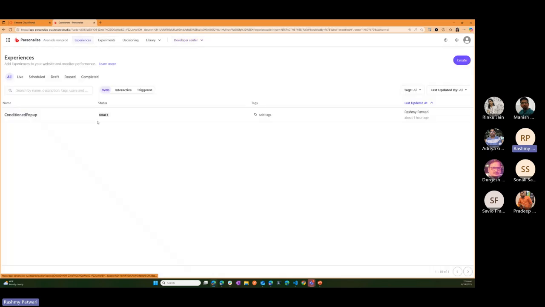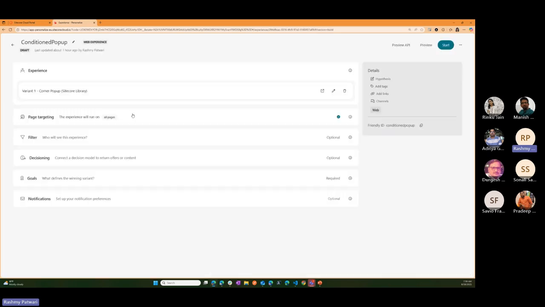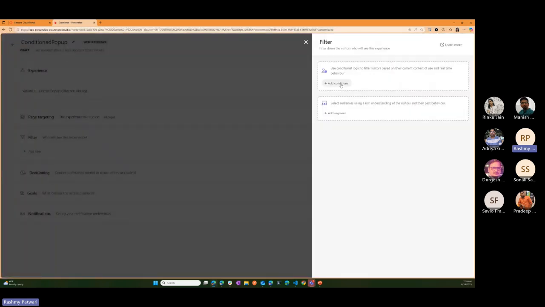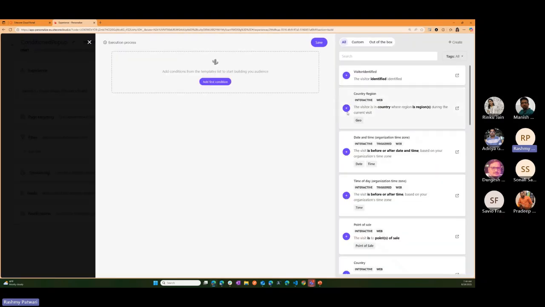You go to the experiences, I have the condition pop-up, and the pop-up itself is pretty straightforward, just some out-of-box stuff. I'll not cover too much of the features of personalization, but let's look at the filter itself. Here's where you can add conditions.